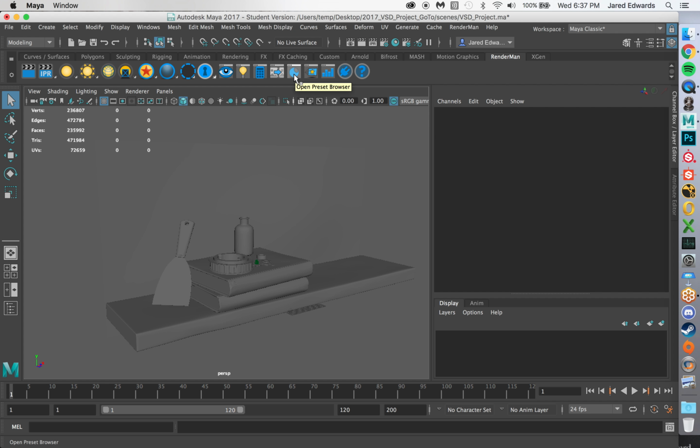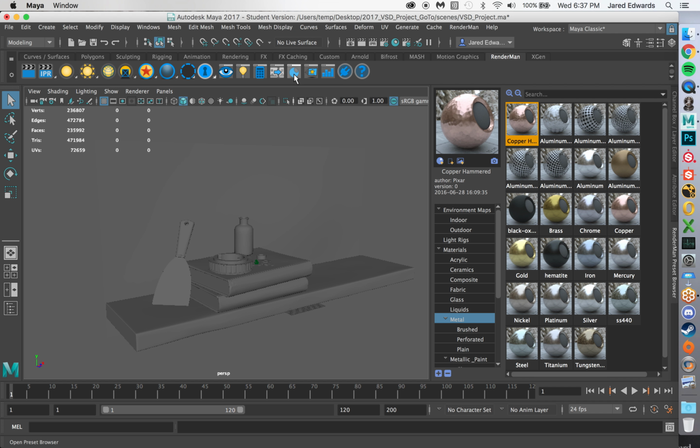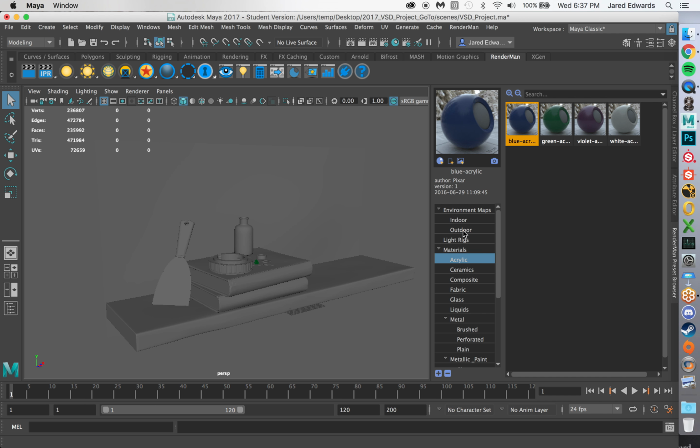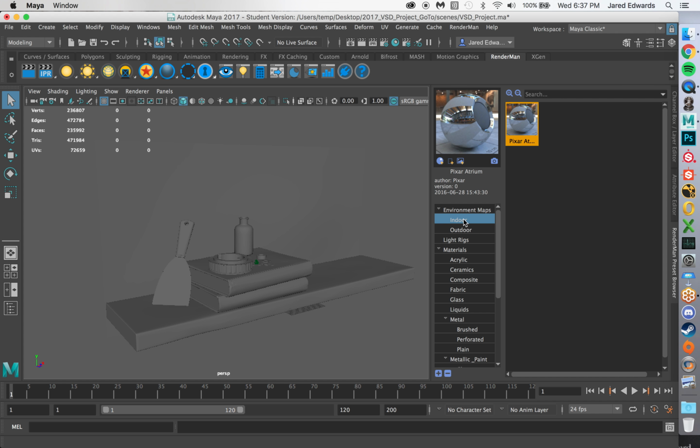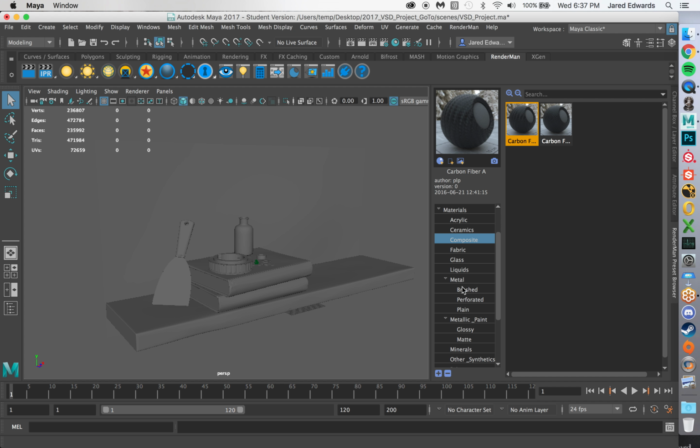We have the preset browser. A lot of students really dig this because they love presets. If you go in the preset browser, these are all different materials that just come with RenderMan. And they're constantly adding stuff to it. So you may see this actually gets bigger and changes as you continue to use RenderMan and update it. And what else? Oh, if you go onto RenderMan's site, a lot of stuff is set up for free,